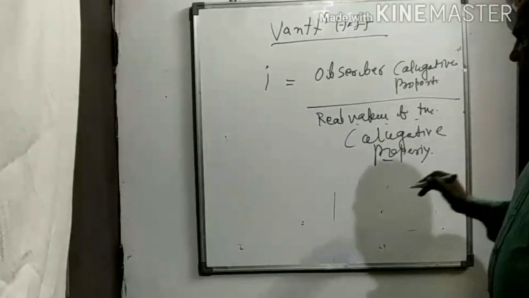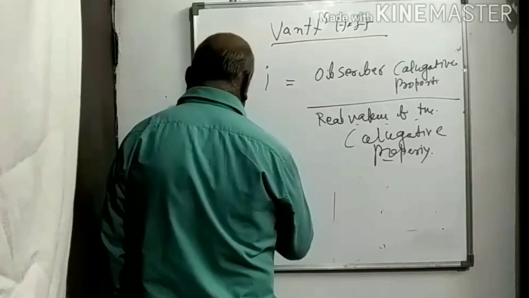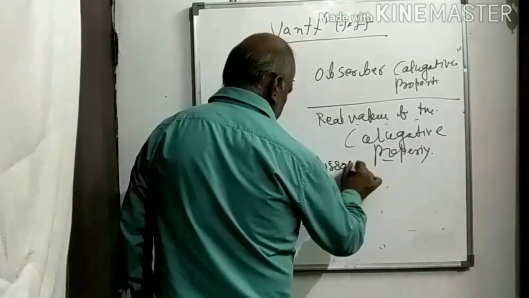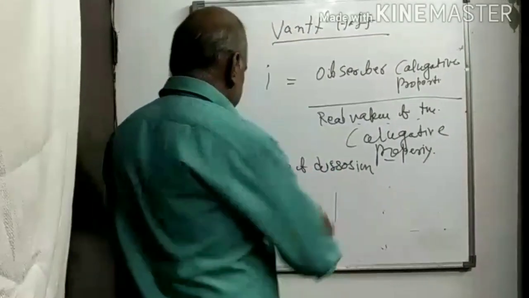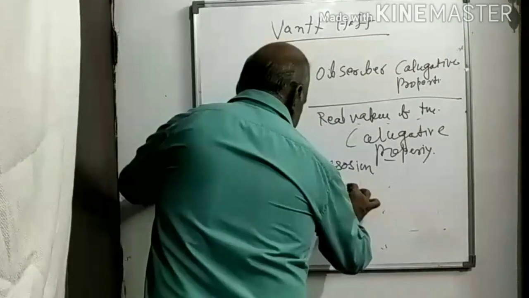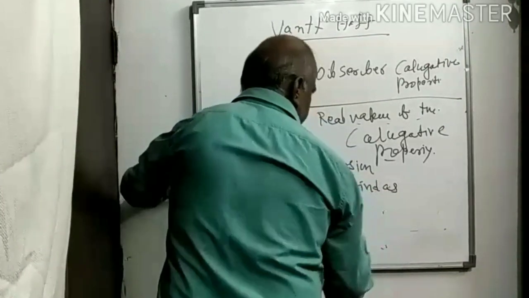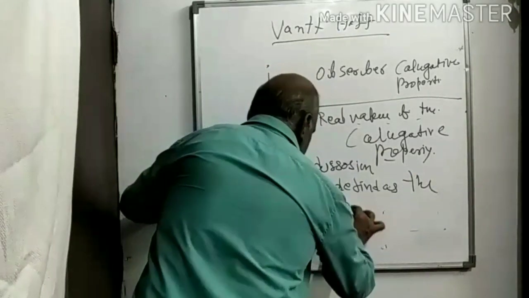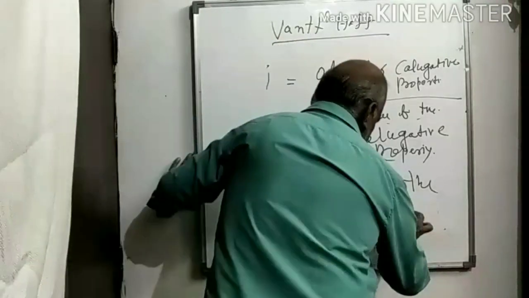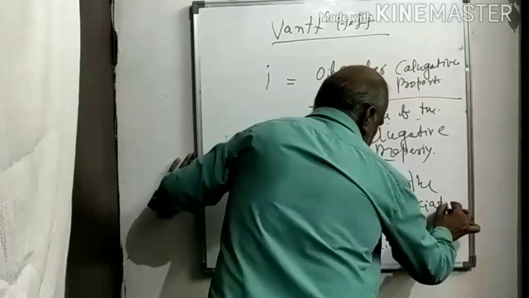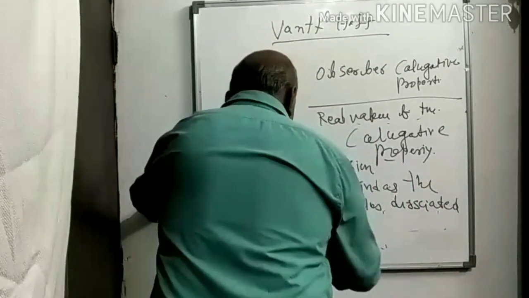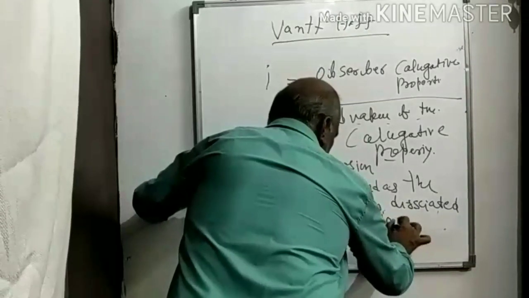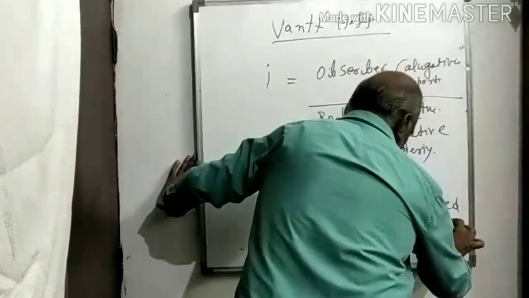Okay. Now degree of dissociation. It is defined as the number of moles dissociated to the total number of moles of